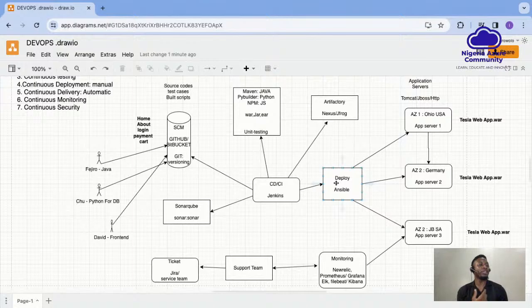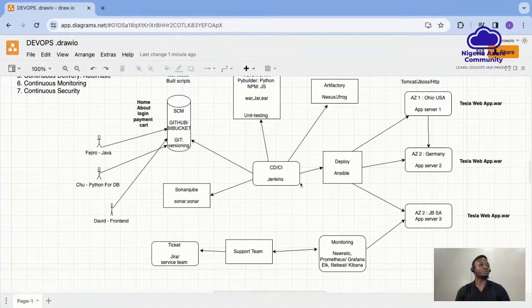So right here, we have something called containerization in the DevOps world. Everything we've spoken about so far is based on virtualization. And as we all know,